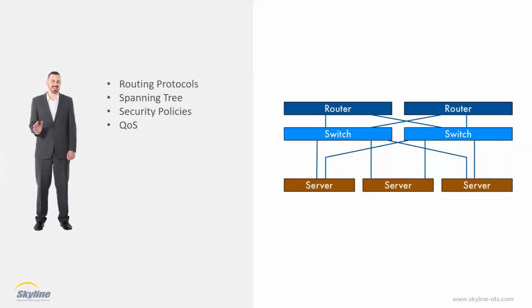But just like most of us, there were things he had to know. He had to know routing protocols, maybe things like OSPF or EIGRP. He had to understand spanning tree, probably security policies because he didn't want his network to be hacked, maybe quality of service. How did he end up managing these devices? Well, if you've just got a few devices, normally we can do it either through the command line or we can manage it through SNMP.